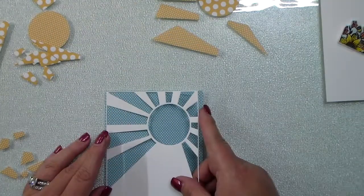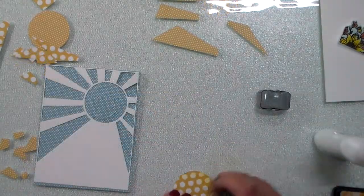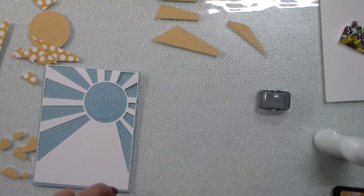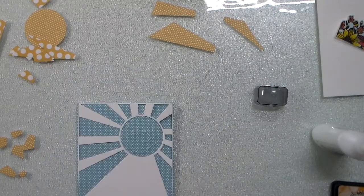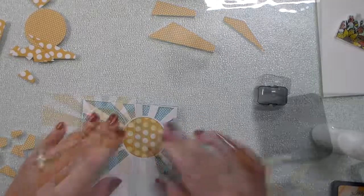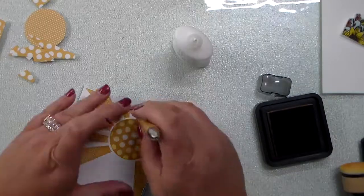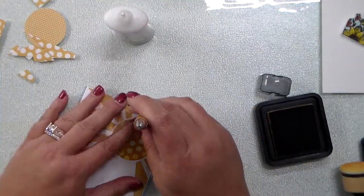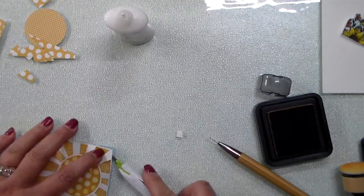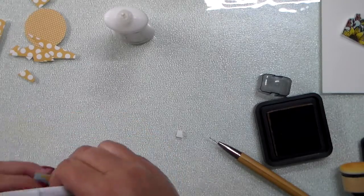So I wanted to do a little bit of paper piecing. I have temporarily adhered that cover plate that I have die cut in the white paper, the Sunburst A2 cover plate, to some blue pattern paper. And I cut in two different patterns, a large polka dot and then a small polka dot, the rays for the sun. I added a little bit of Wild Honey Distress Ink just to the edges, and it really sets it off. And as you can see now, I'm going to peel up